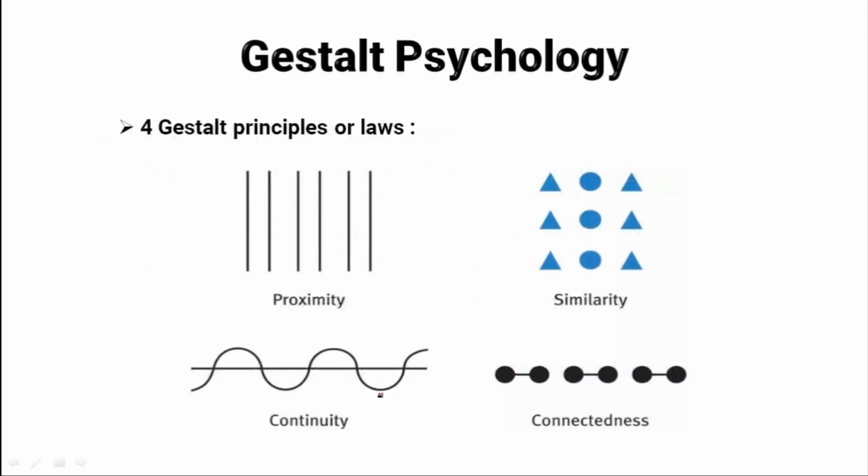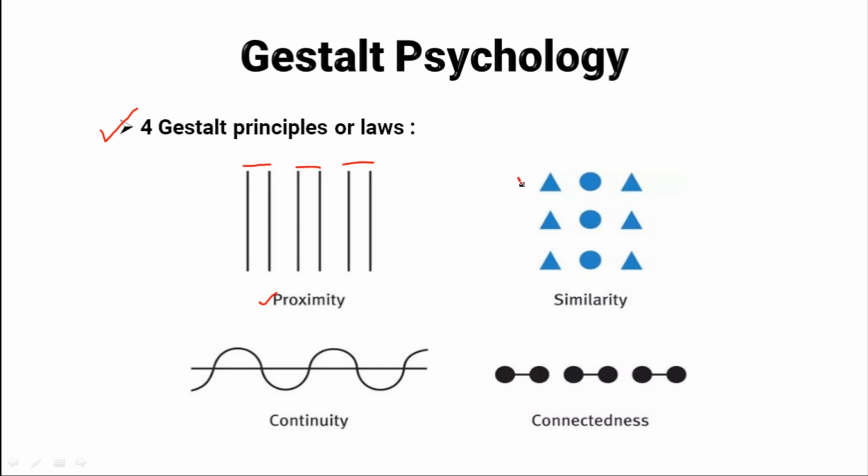Now in this slide, let's look at these four figures or images. What does this really mean? This is proximity. So when I show you this, what do you see? We see a bunch of lines which are parallel lines, and all of these lines are independent of one another. But you group them together, and this is called the simple proximity rule.